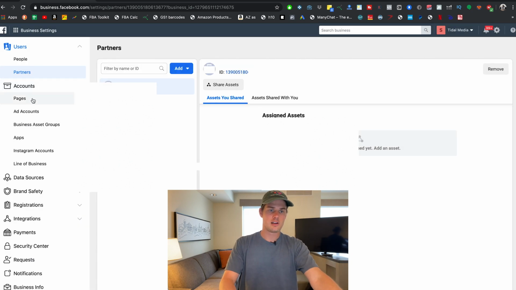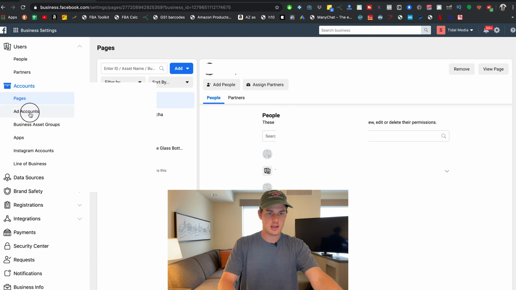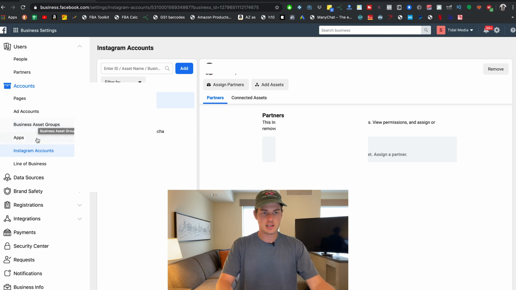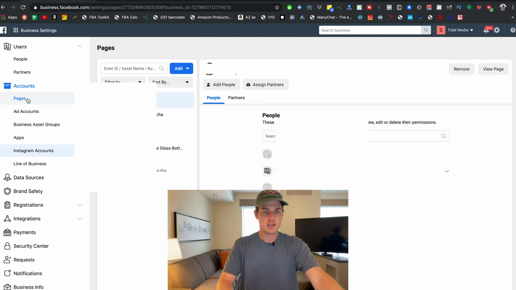All right, so under accounts now, this is where you've got pages, ad accounts, and Instagram accounts. Those are like the main ones that people are most often using. Business asset, groups, apps, line of business. I'm not gonna poke into those right now, but pages right here, so Facebook pages, this is how you add